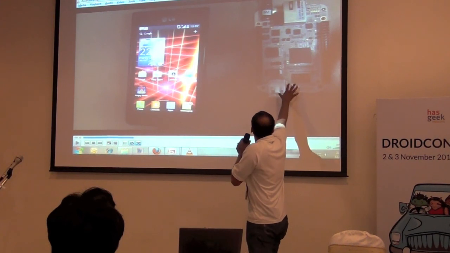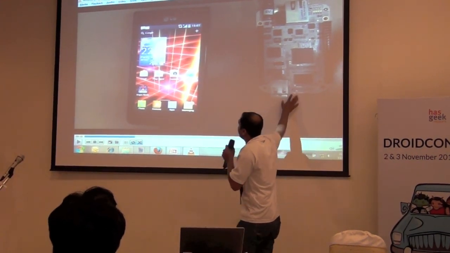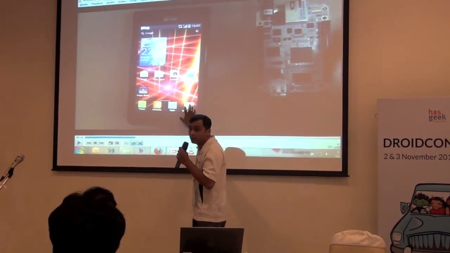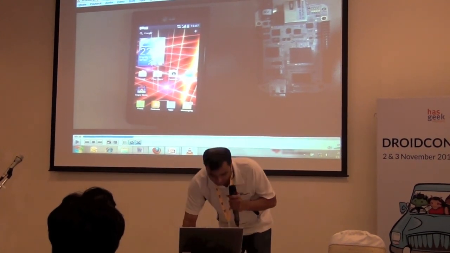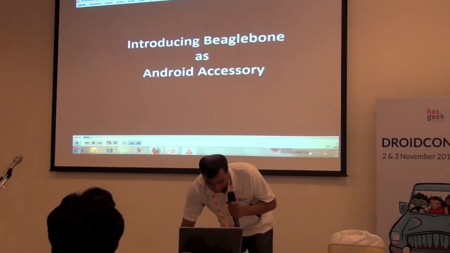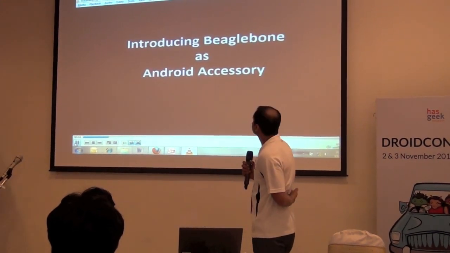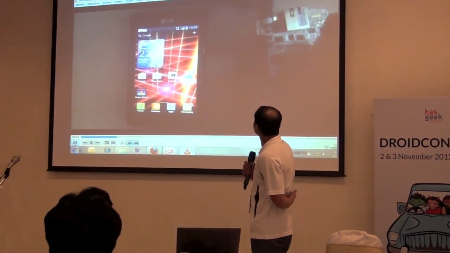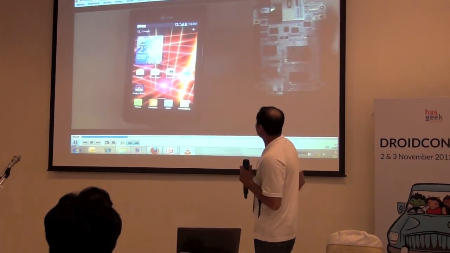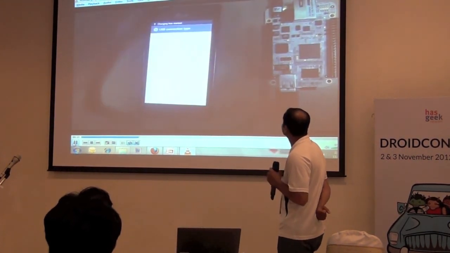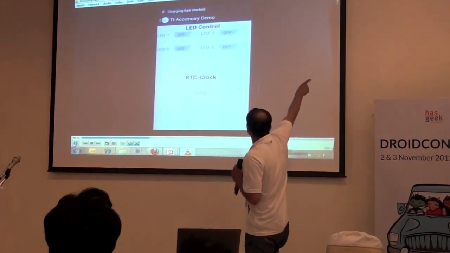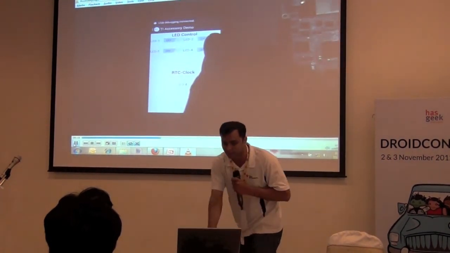This board is acting as an accessory and it is connected over USB to this phone. So let's see. Once the device is connected, it will automatically launch an app.